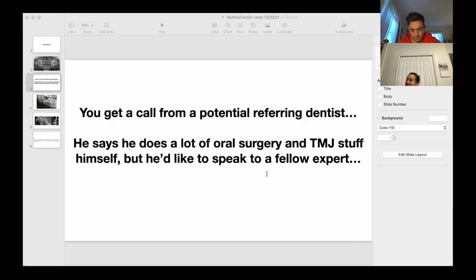He says, what are some of the possible complications I might see from an IAN block? So with an IAN block, you can obviously get paresthesia, hematoma, infection in the pterygomandibular space. You can get a broken needle,